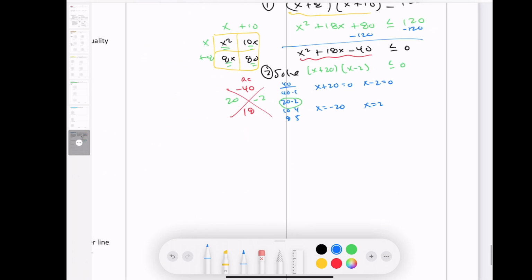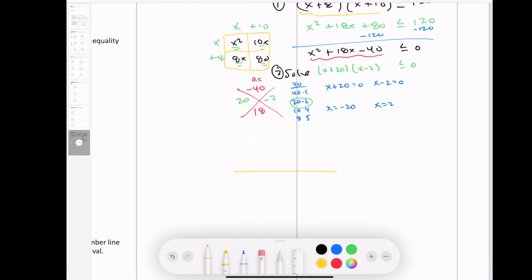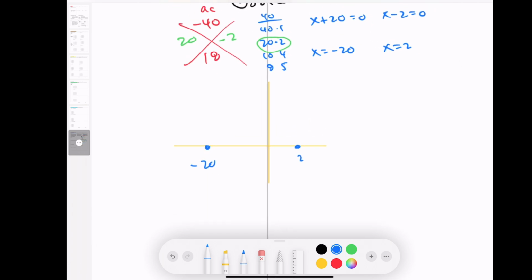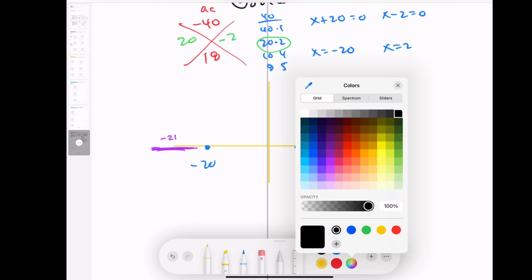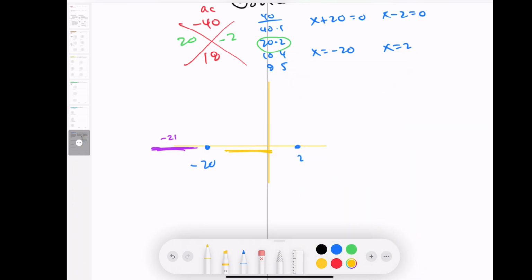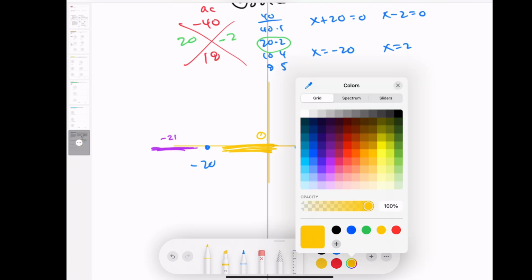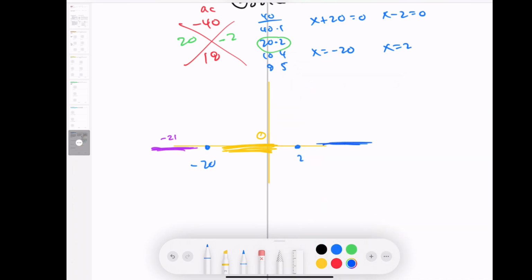So when I graph this, we'll have 2 and negative 20. And then this year, we learned to test this region. So say negative 21. This region will test 0. And let's test over here. Let's test 3. So when you put in those numbers,